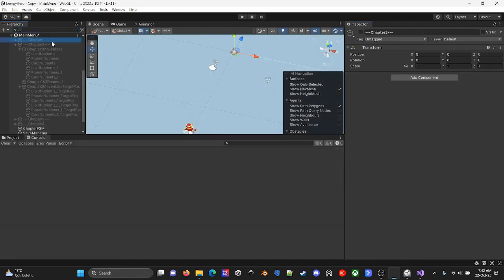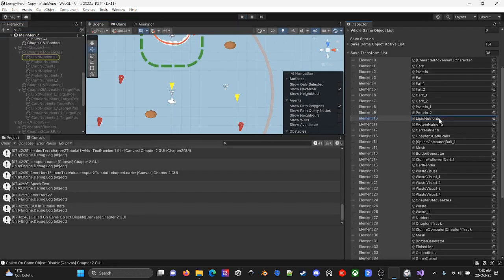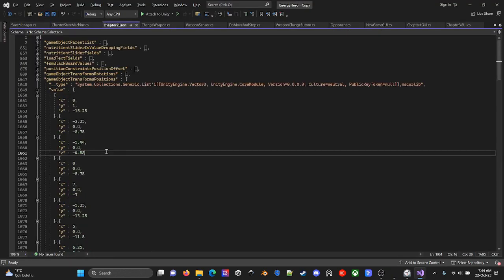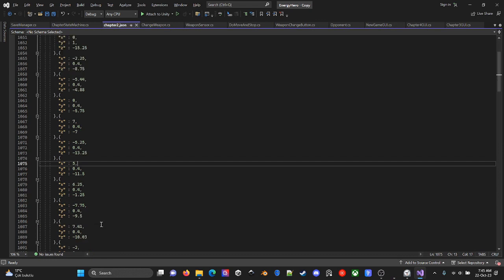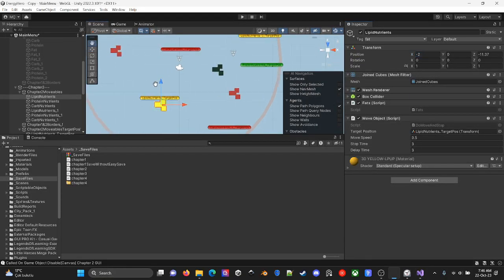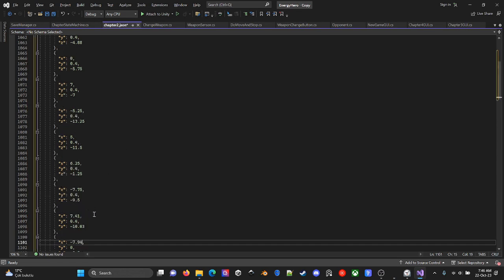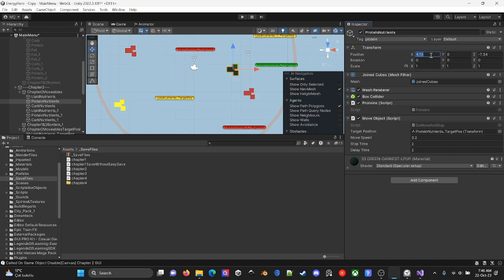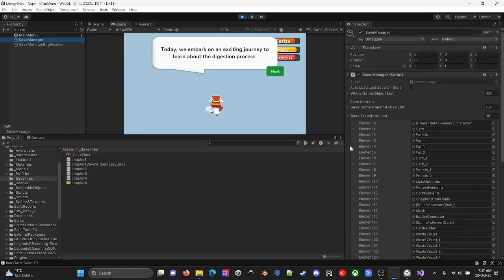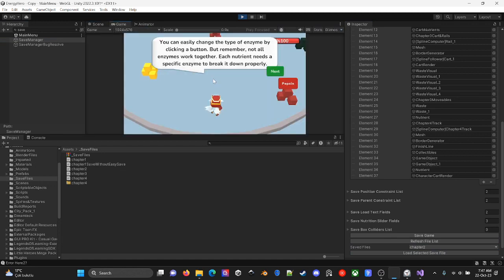Let's find, search 1, 2, 3, 4, 5, 6, 7, 8, 9, 10. 5.5. Okay, how about manually changing this value to this? And manually change this is the second value, and this is the third value. New game, same manager, chapter 2. Okay, this is looking good. Next.